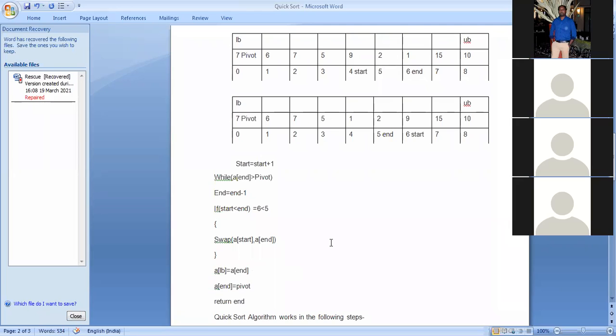तो अभी क्या होगा ना, A lower bound equals to A lower bound के जगह पे क्या होगा, A lower bound में होगा आपका A end. तो A end means 2 end, A end में पाइवट चला जाएगा. दैट मीन्स ये दोनों में. तो A lower bound में क्या आएगा अभी 2. तो दैट मीन्स अभी 2 कहाँ पे आ जाएगा, दिस पोजीशन.